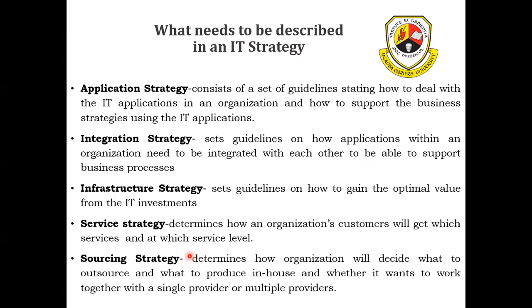So, for example, the UMU ICT department would know who their customers are. Right now, it is both staff and students. Before, the portfolio was much smaller. The service portfolio was much smaller before COVID-19, but now I imagine it has expanded. Yeah, it has really expanded. So that would be that type of architecture. Then sourcing, of course, looks at where you look at a third party, what kind of services you will need to go outside for, and where they may be in-house.